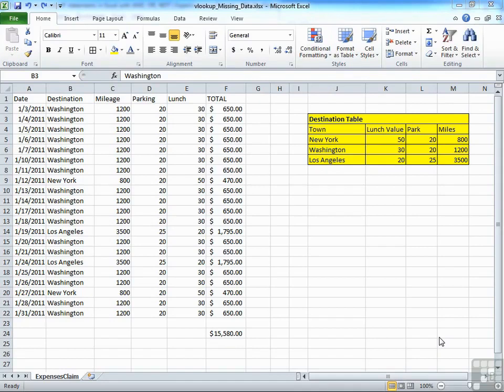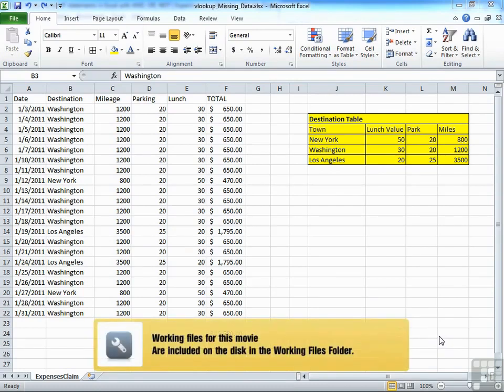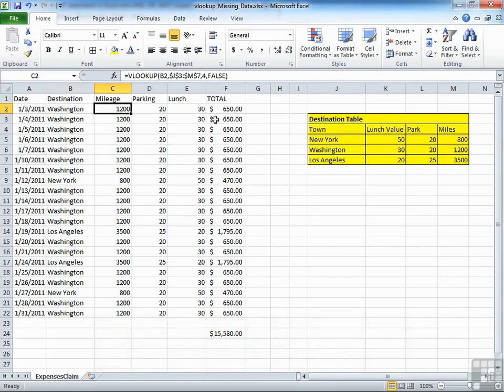Now we've seen the HLOOKUP and the VLOOKUP in action, and we've seen how useful they are as functions to pull in data and help complete sheets, and really to speed up, which is what Excel's about, making life a lot quicker and easier, and hopefully reducing errors. Now here's an example that we used earlier. This is actually in the VLOOKUP missing data sheet, and at the moment it looks fine. It takes the destination that we've typed in here. In the mileage, it runs across to the destination table, finds Washington, brings the mileage, returns it back to here,